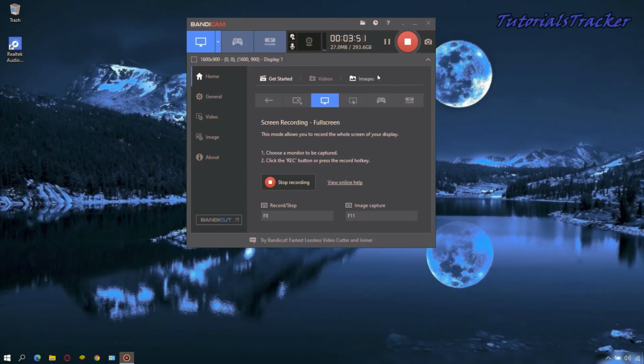or HDMI. So if this video helped you to record your screen very smoothly,